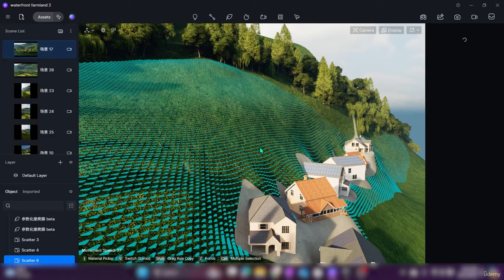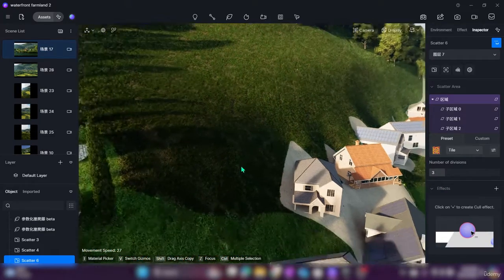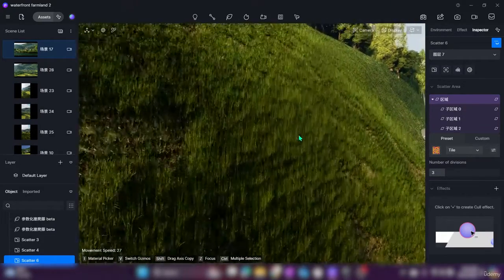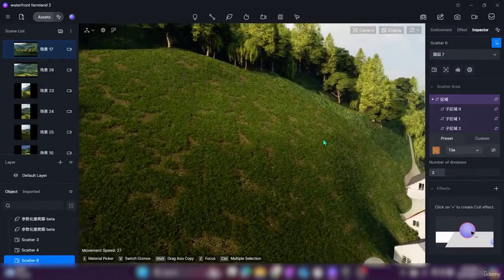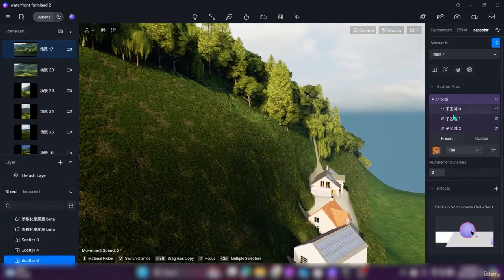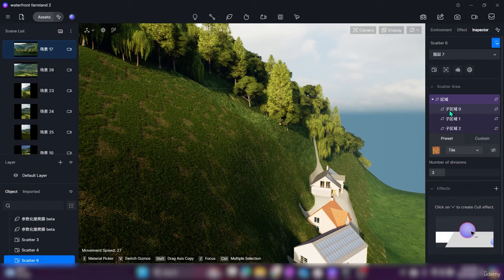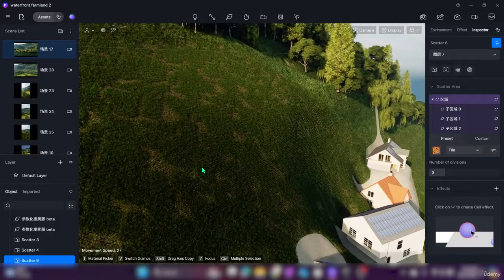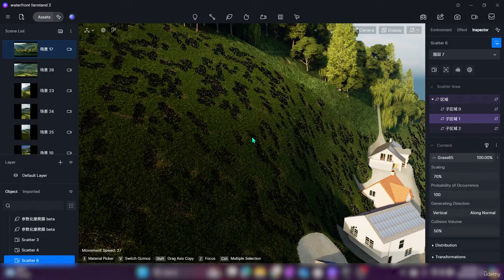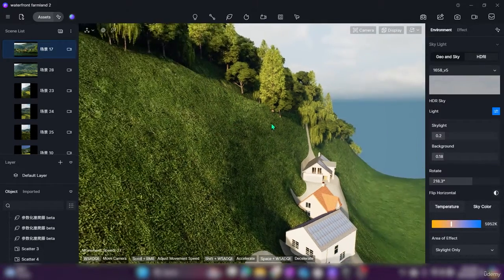When you're using it, if I move my viewport, you can see there are plenty of high quality scatter patterns applied here. You can see these are the assets, the divisions and subdivisions, which I talked about in a previous video. This is the scatter pattern, and this is the preset. So this kind of presets or templates are available with the DeFi scatter. Now I'm going to delete it